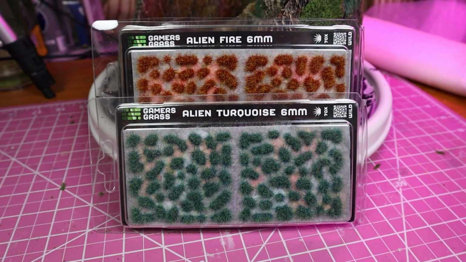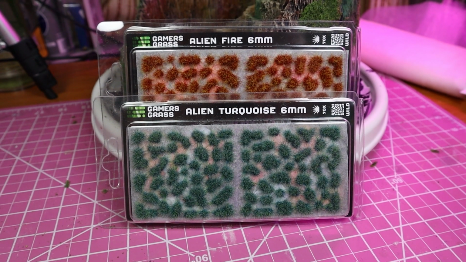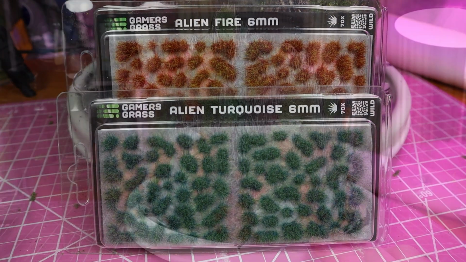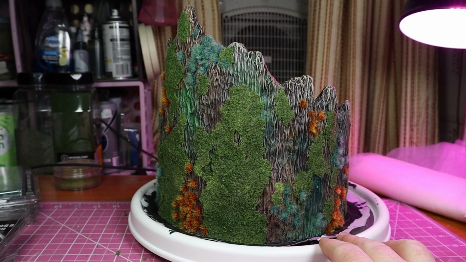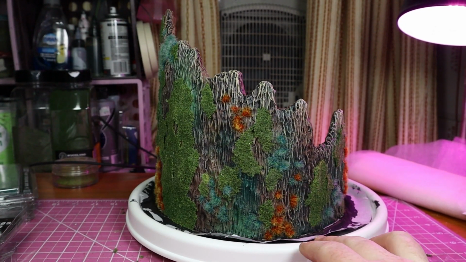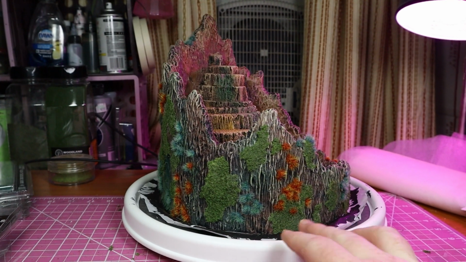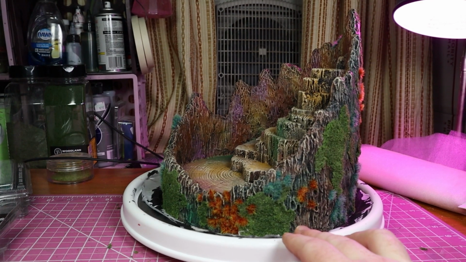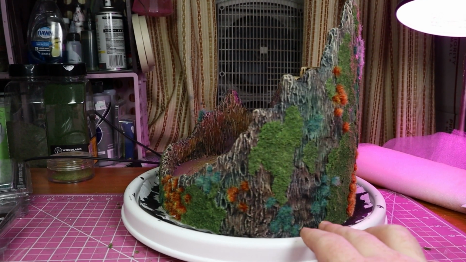And then I also add these little tufts. This is turquoise, alien turquoise, and alien fire. They're really vibrant, so I figured they could be like a type of moss on the outside of the tree too. And the Feywild's super vibrant, probably a little bit more vibrant than I made it. I should have added some fluorescent colors, but...